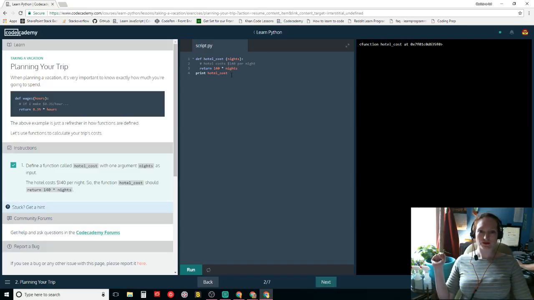Interesting. Would I print the return? How would I get it?